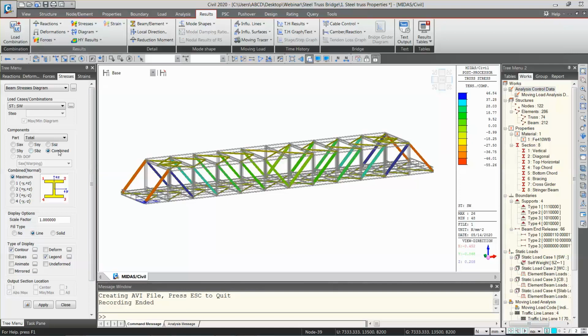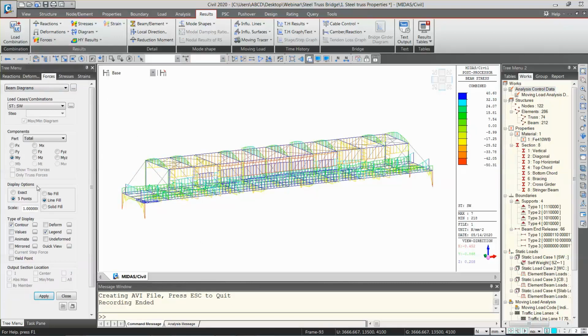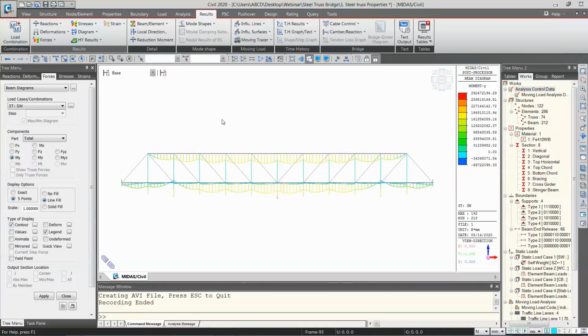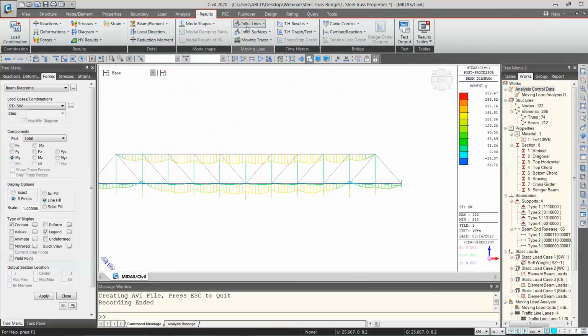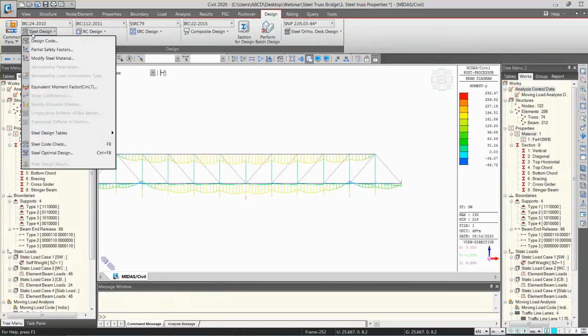So you can see the axial plus bending in Y and Z both. Similarly you can see the self-weight diagram, right? So this is how the results can be extracted. Let me change it back to kilonewton meter, and now let's start with the design. As you know, we are doing IRC 24 2010. It would be the steel design.